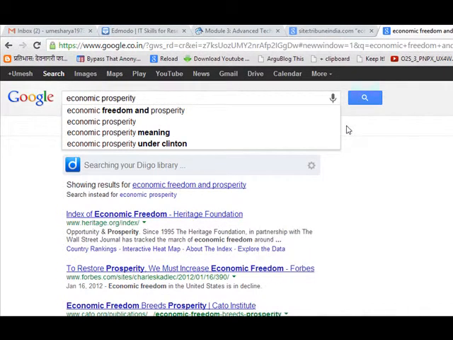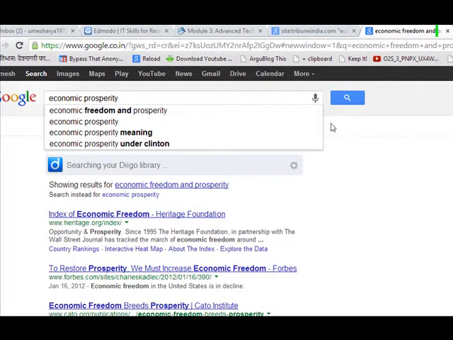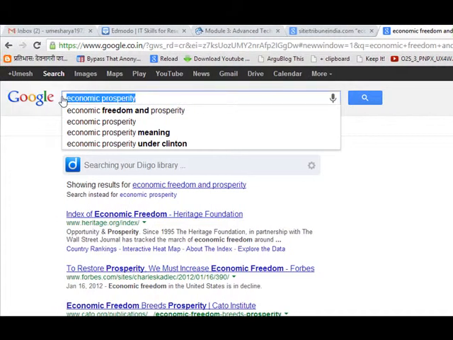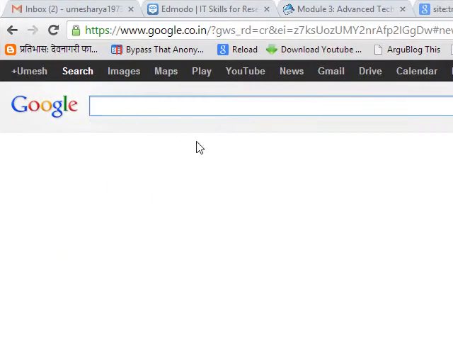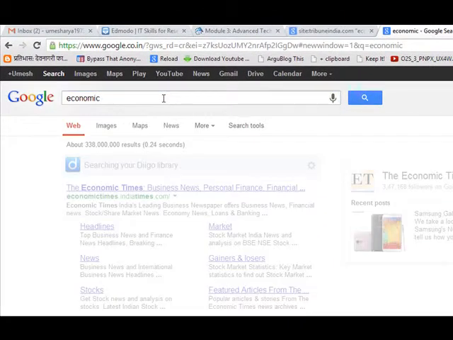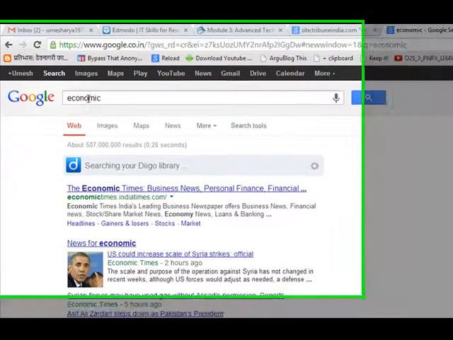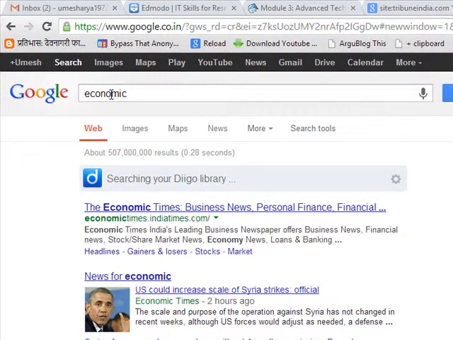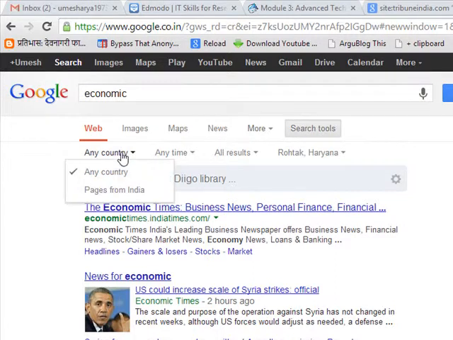So what to do? First of all, let us customize Google for something. Suppose we are searching something regarding the economy, so let us go to this palette, search tools, and customize the search by mentioning the country.